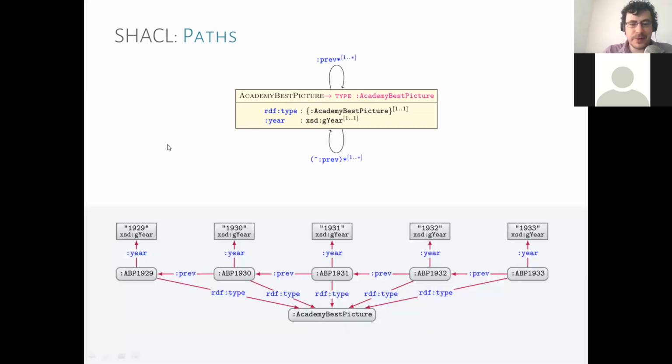So we have our graph, and we have a bunch of Academy Best Pictures, and they're all linked by previous, and we see that they all have years. Okay, so all of them individually satisfy the conditions here. They have exactly one type, which is Academy Best Picture, and they have exactly 1 year, which is of type G year. So this looks good. So then the question is, do each of these satisfy the previous things? So as argued before, this has